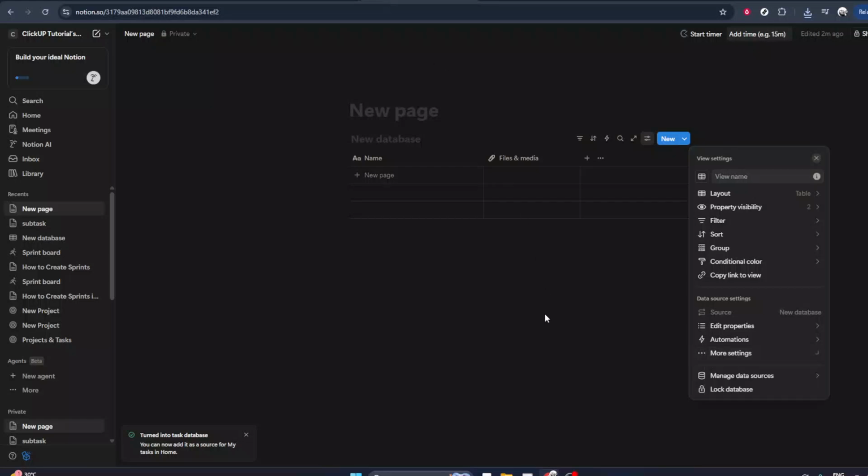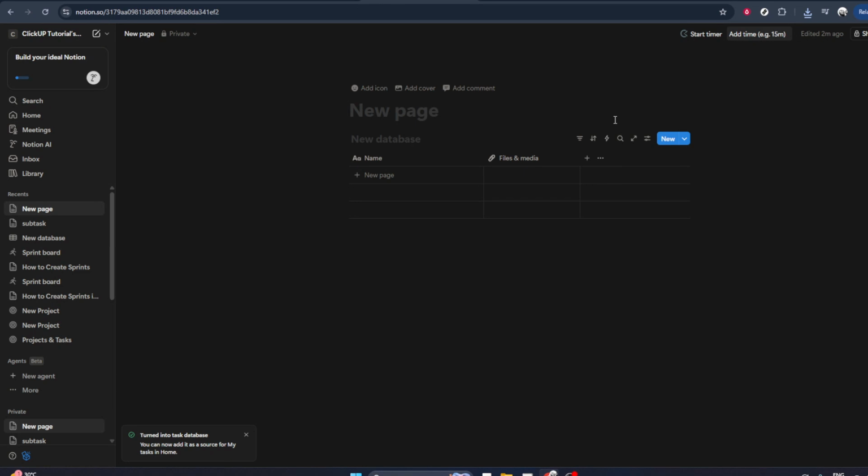In today's video, I'm going to teach you how to turn on dependencies in Notion. Dependencies are really helpful when you're managing projects or tasks that rely on each other. For example, you might have a task that can't start until another one is finished. Turning on dependencies in a Notion database lets you clearly show and track those relationships, so your workflow becomes easier